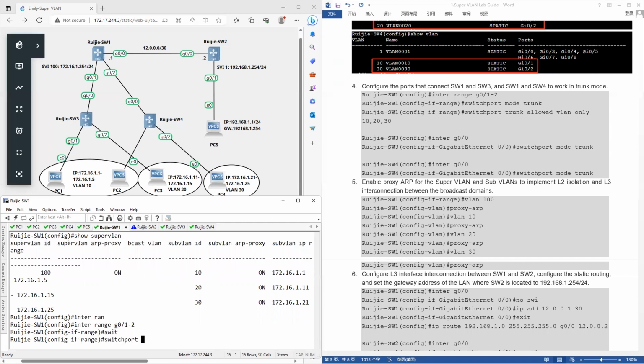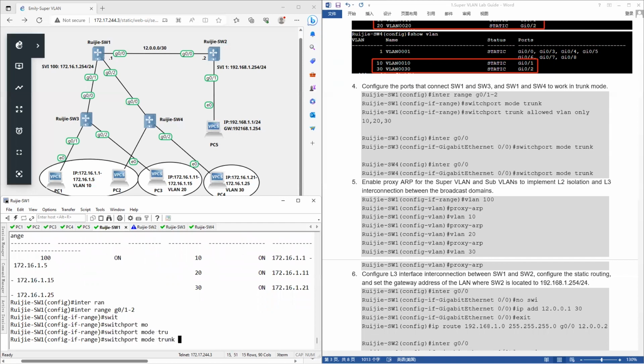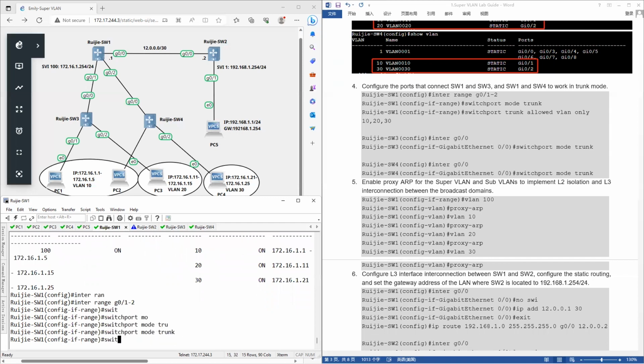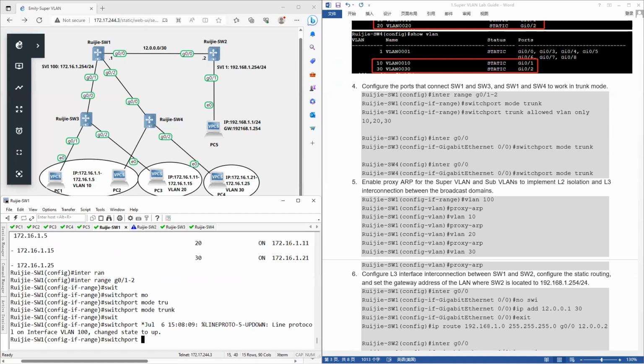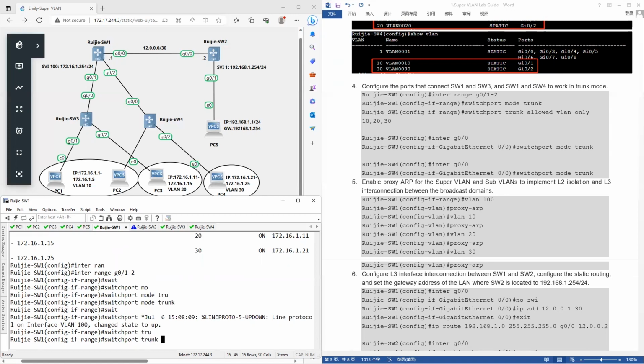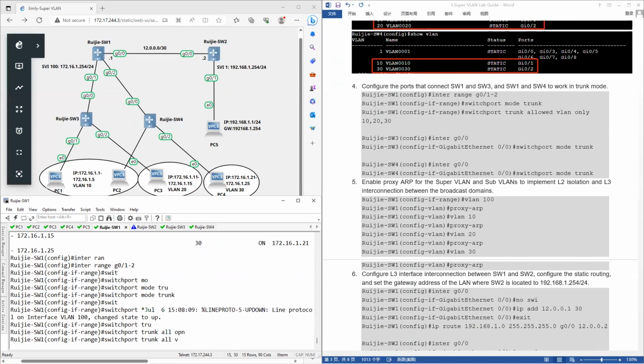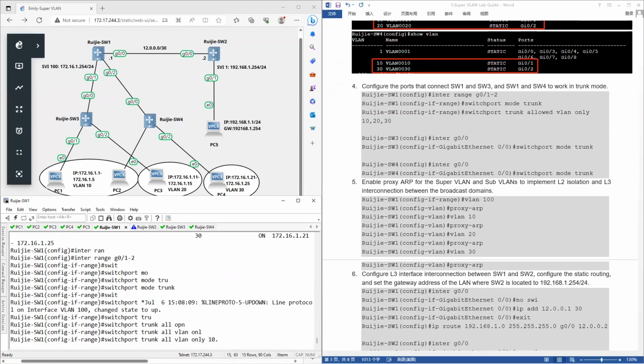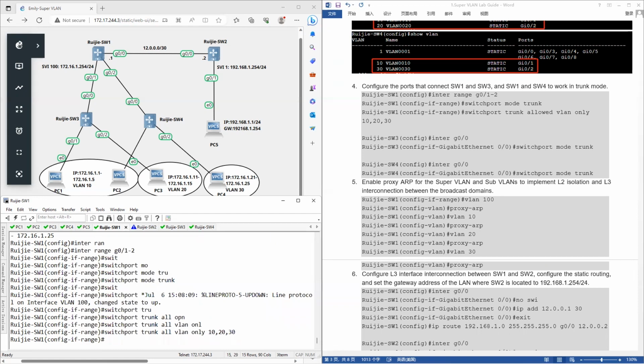Okay, switch the mode to become trunk. Switchport trunk allow VLAN only 10, 20, 30. Okay. If we change the mode to become trunk, there is a warning will directly show you now